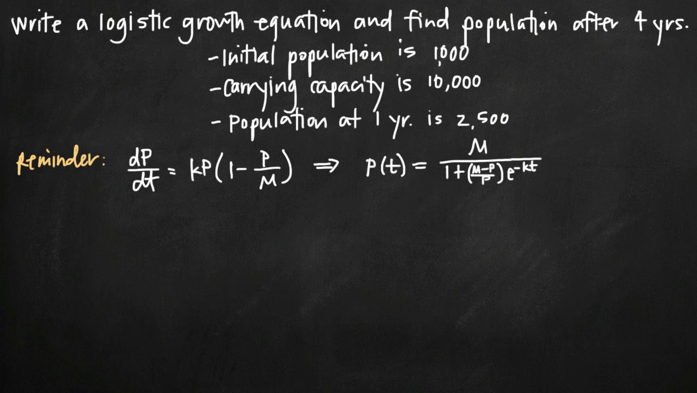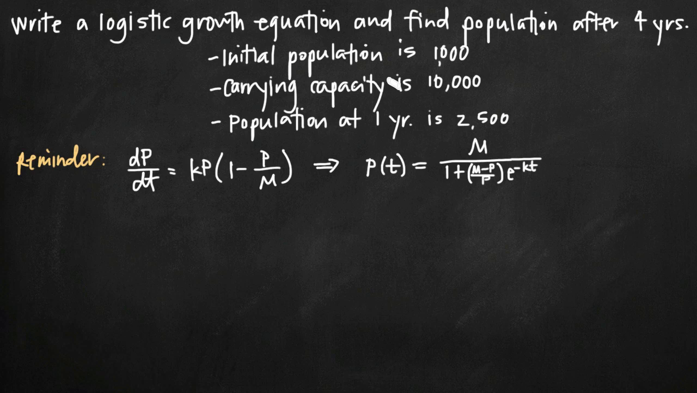Today we're going to be talking about how to write a logistic growth equation and find a given population after a certain time t, given that we have a value for an initial population, carrying capacity, and at least one value for population after a specific amount of time. So in this particular problem, we've been told that our initial population is 1,000, that carrying capacity is 10,000, and